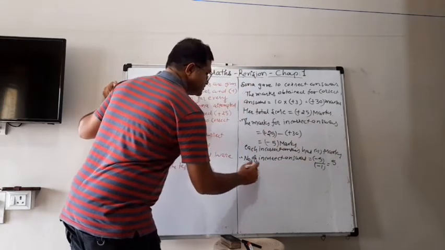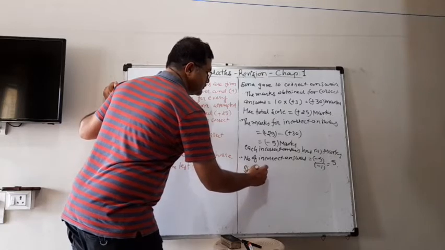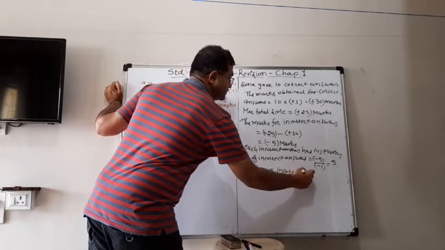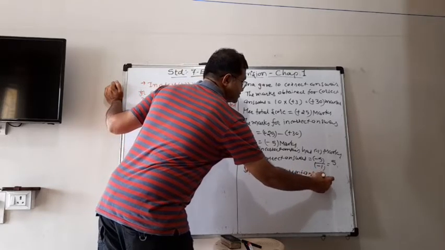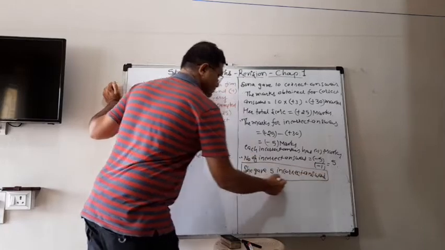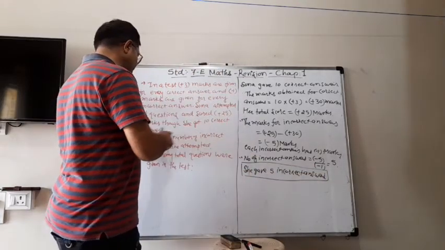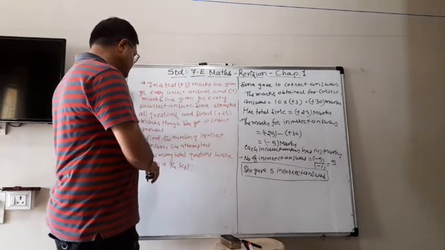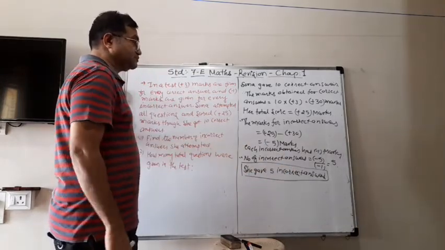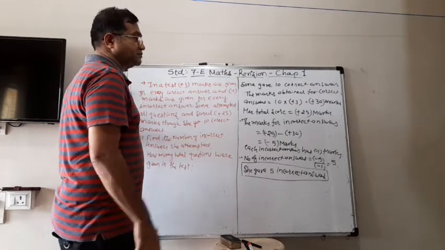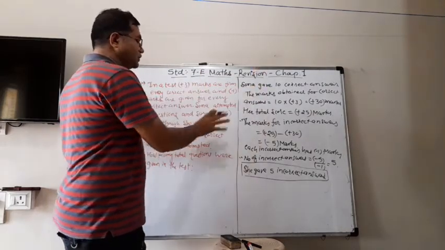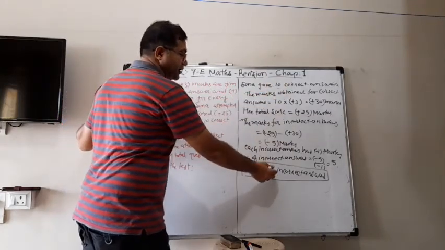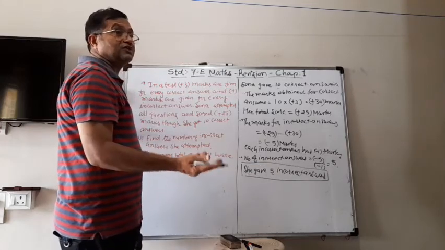Means she gave 5 incorrect answers. So first question's answer is that. First question was to find the number of incorrect answers. So she gave 5 incorrect answers. Now, how many total questions? So how will we answer that? Because she gave all the answers. In that, how many correct? 10. And how many incorrect? 5. So total, how many questions were asked?